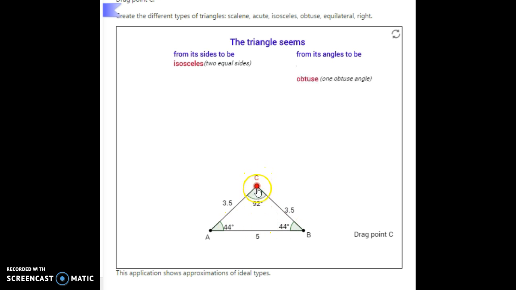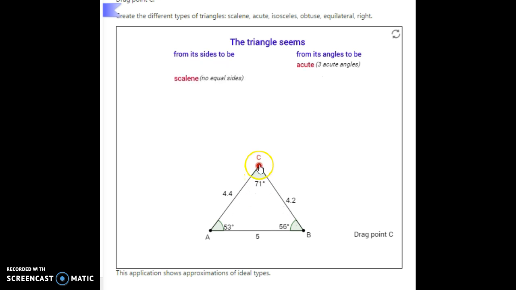See, I went a little too low there, and I got an obtuse triangle right here. See, 110 is greater than 90. And that's not acute because it's over 90, and acute is under 90. And then on top of that, there's another type of acute triangle that is called